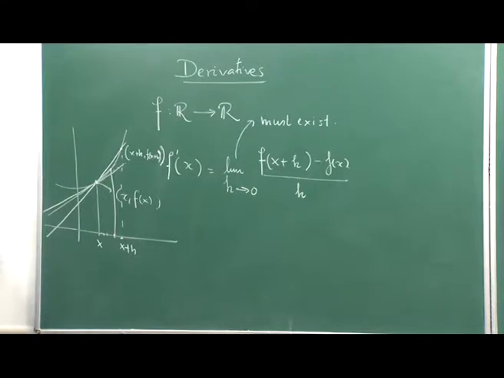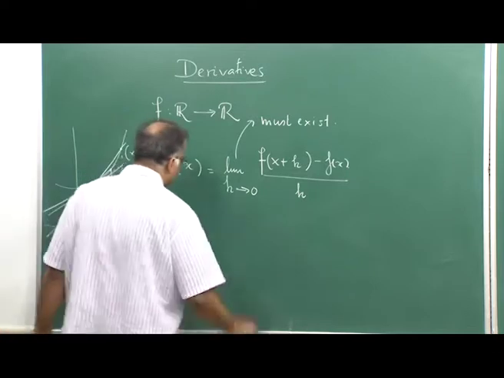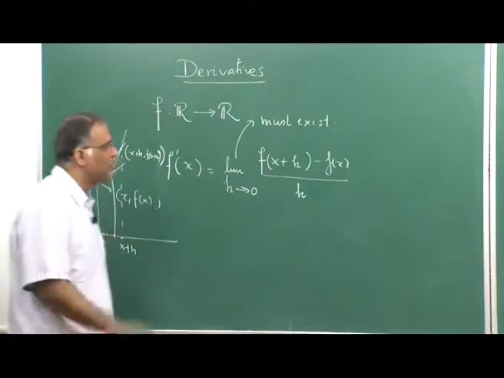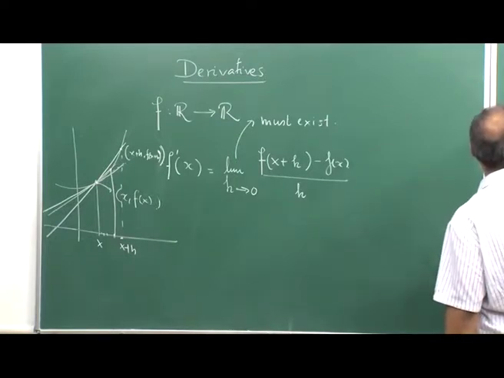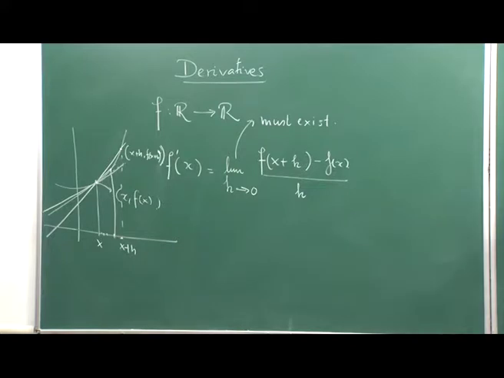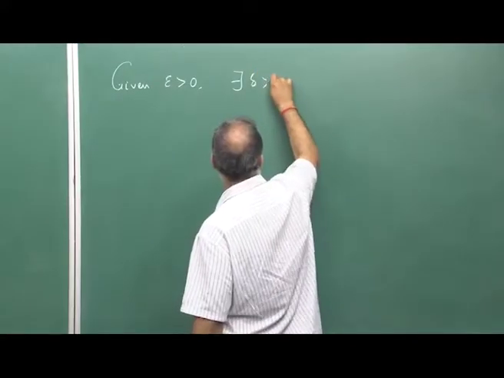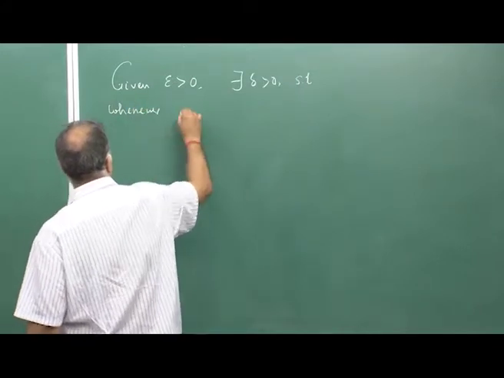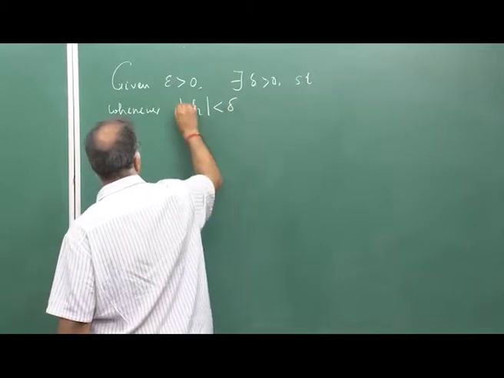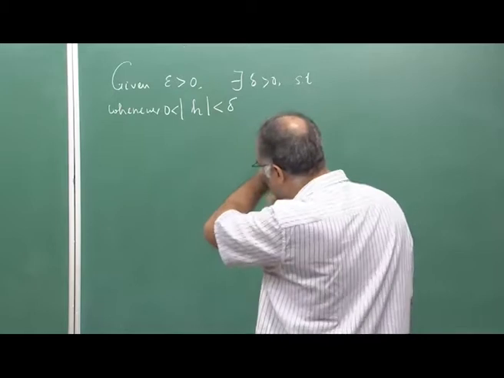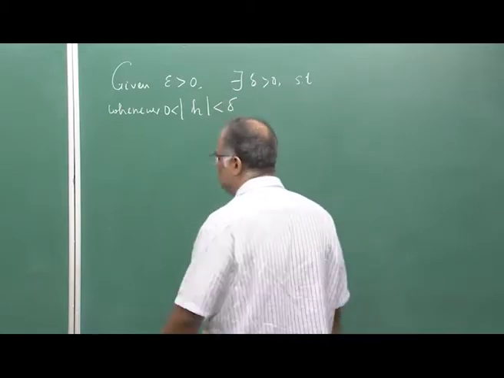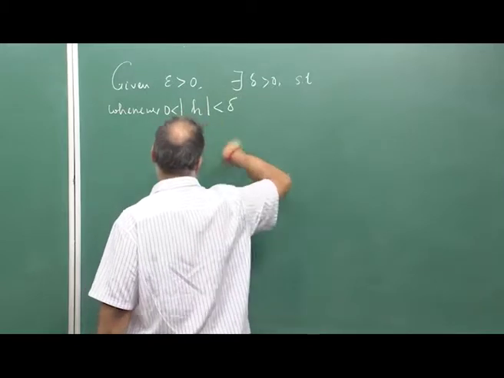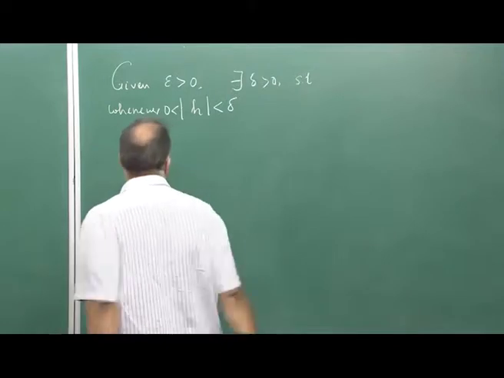Now, because we have studied the notion of the limit in terms of this epsilon and delta stuff, what we can do is the following. We will write this down in the epsilon delta language. What is the meaning of this? It means the following: given epsilon greater than 0, no matter how small, there exists a delta greater than 0 such that whenever mod of h is strictly less than delta and strictly bigger than 0, h is not equal to 0 of course, we take the punctured neighborhood around 0, a neighborhood around 0 but not including 0, just as in the definition of the limit,